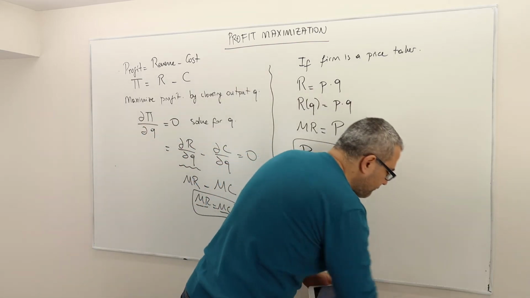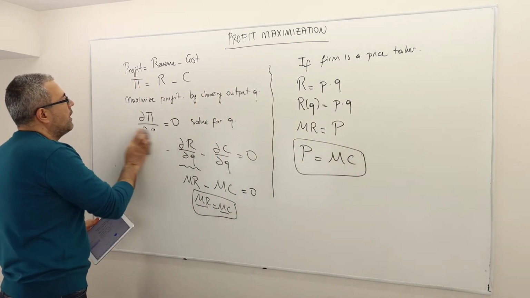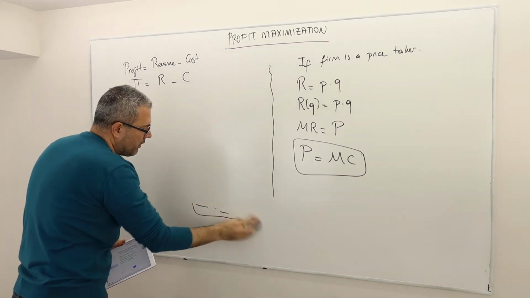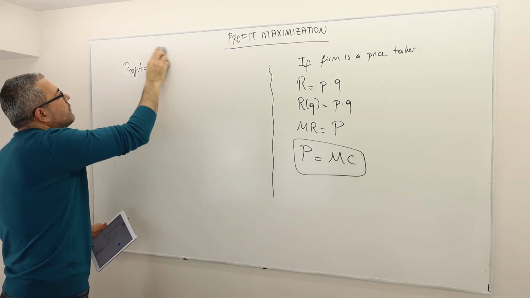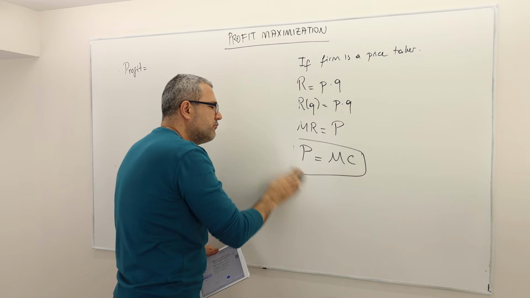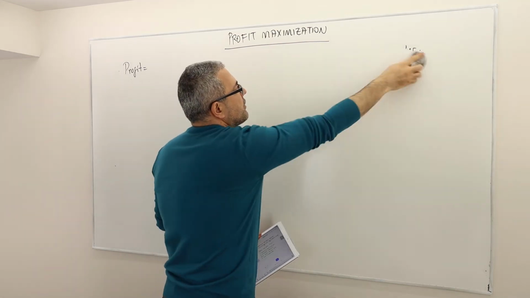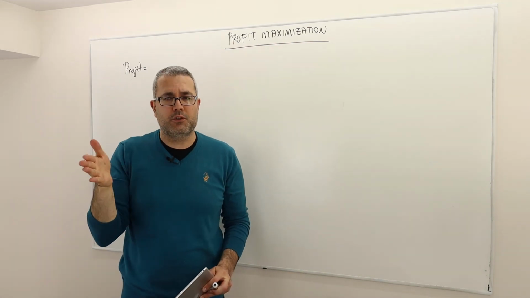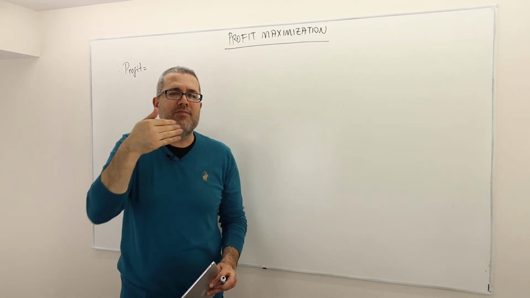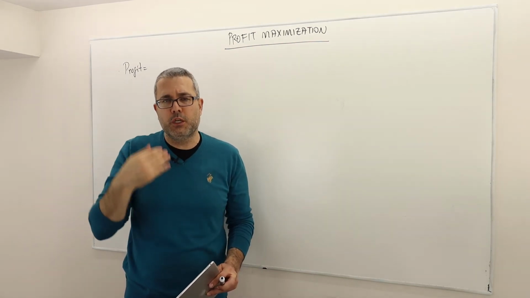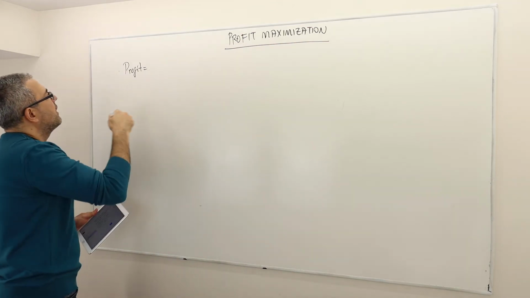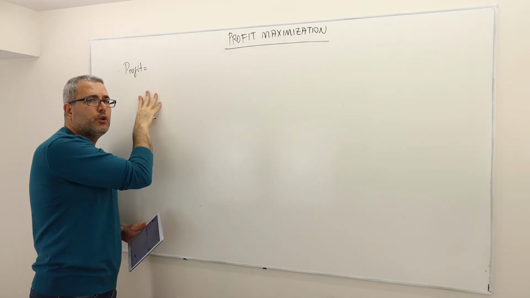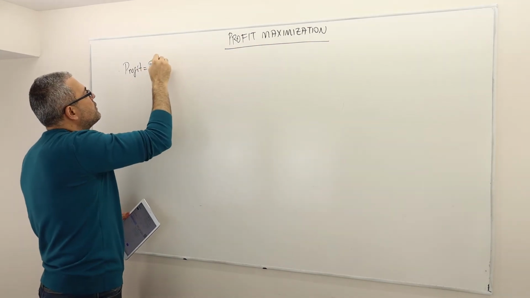All right? Well, if you do not want to talk about profit as a function of quantity, but as a function of inputs, how can I maximize the profit? Remember, in our earlier discussions, we said there are two ways of maximizing profit. One way is to minimize cost, find the optimal cost function, and then maximize profit by choosing quantity. The second way is a direct approach. I write profit, where the firm is a price taker. So it's P times Q minus